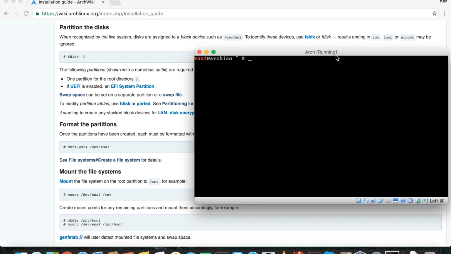Let's just pretend that didn't work very well, but imagine if you had a full screen and you didn't have a window, and you're working in an actual console on an actual machine. Drifting slightly off topic, you can actually have the website's installation guide available to you because you have the internet. If I can remember how to do this now, I think it's Alt and arrow key. It is. So if you press down the Alt key and use the left and right arrow keys, you can switch between virtual terminals. So basically all you do is you'd log into that one and then use a program called eLinks, and eLinks is a web browser, and you could go to eLinks and load Archlinux's page and navigate it as a text